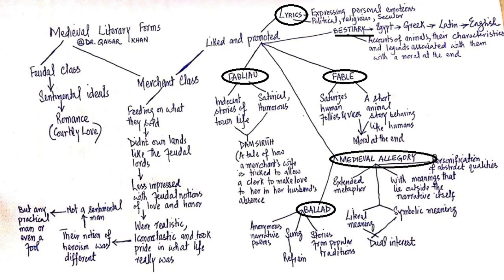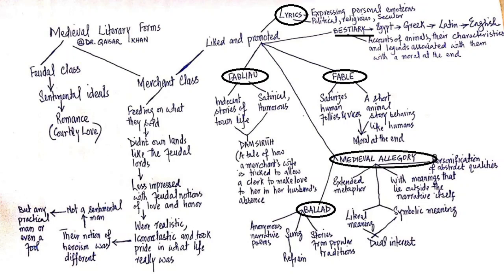So let's finish this medieval allegory here and go to medieval ballads. Now, this is the last part that we are to cover in our discussion over the different literary forms. Some important things to remember about medieval ballad include its anonymity. Anonymity means